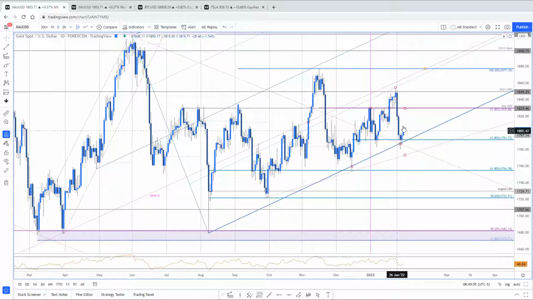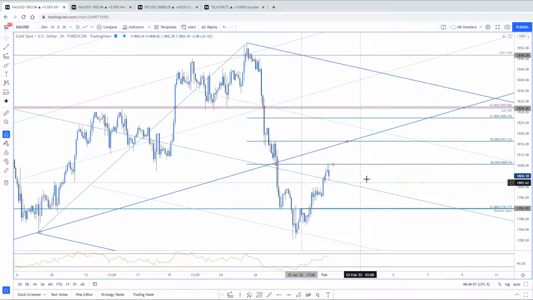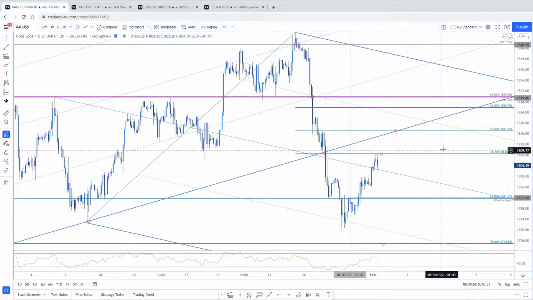But I'd be cautious. Here's what the intraday chart looks like now. This is a basic 38.2 of the decline. So on its most simplistic, simple correction or pullback, you got the 38.2 here at 1808. Okay, so that's why you were saying, I know you were looking for 1808, but I didn't close it as I was out of my computer. Yeah, so that was the limit for the rebound.